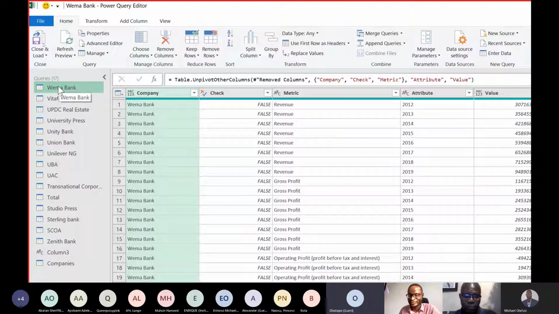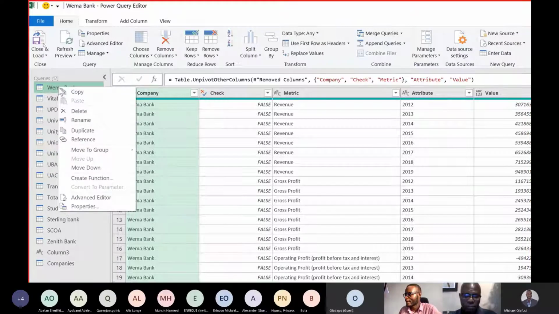Thank you. Okay. I don't think there is that option. The one that exists currently is where I can make what I've done for my bank a reference. I can make it a foundation for other ones. But the unfortunate thing is that doing this means that the other ones are inheriting from Wema Bank's data,